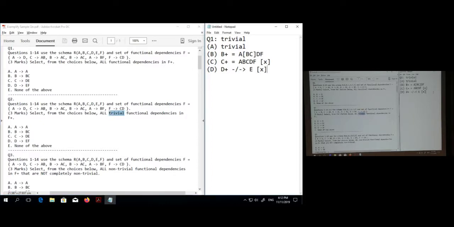The notion of triviality is that it must be reflexive. Okay, so let me give you all the 3 Armstrong axioms. The Armstrong axiom states that 1 is reflexive, and in reflexivity, here we have A to B, and our condition is that B must be a subset of A. Okay, so many of you got this wrong